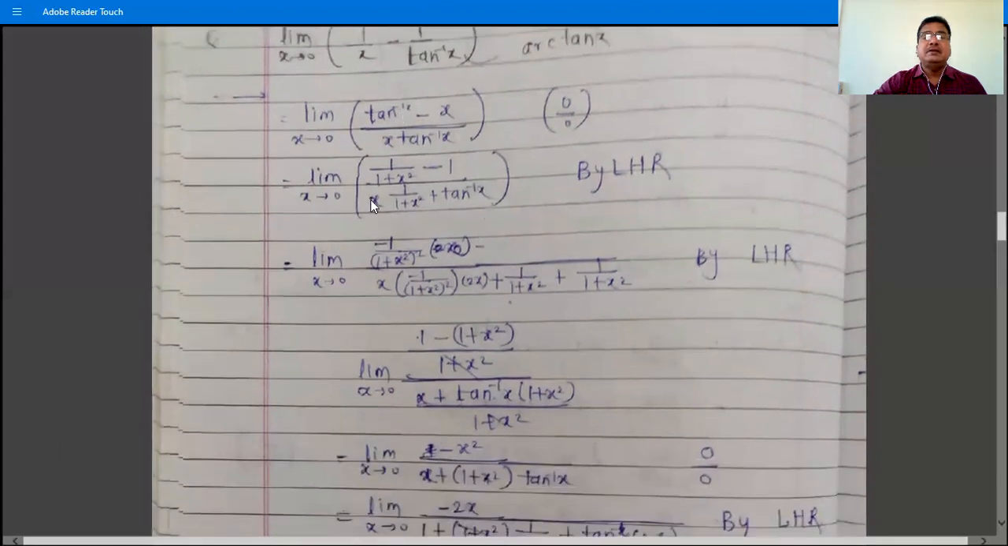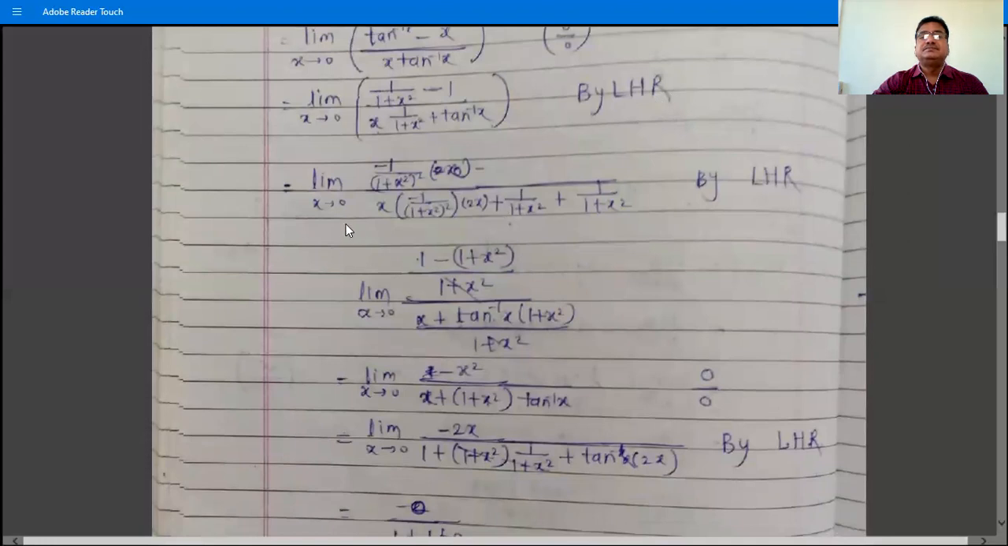So when we apply L'Hospital rule, tan inverse x derivative is 1 by 1 plus x square, minus x derivative is 1. And x into tan inverse x, u into v rule: x times derivative of tan inverse x, which is 1 by 1 plus x square, plus tan inverse x times derivative of x, which is 1, by L'Hospital rule. Then 1 minus 1 by